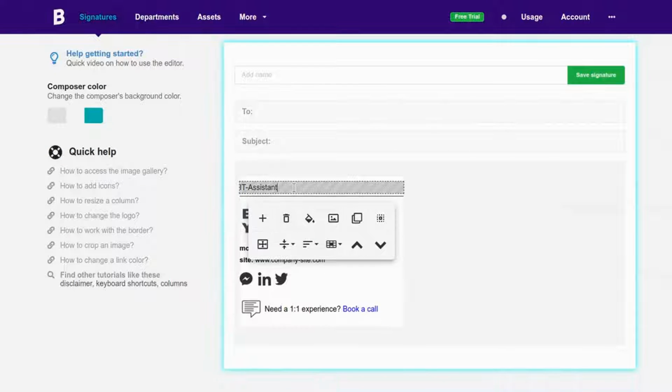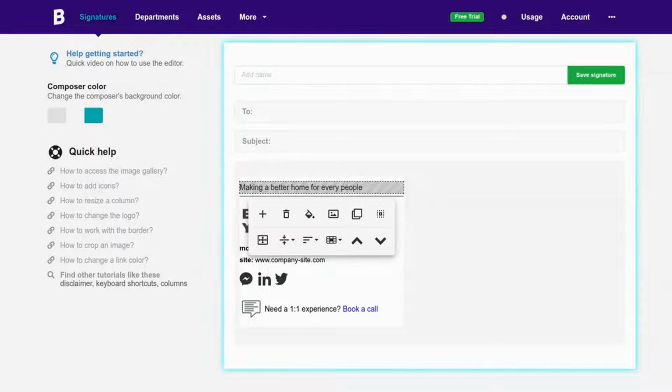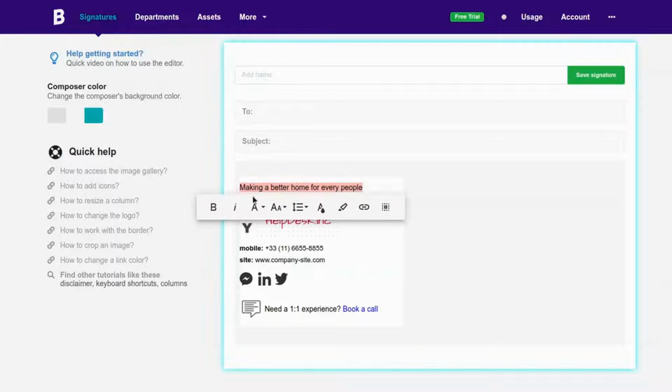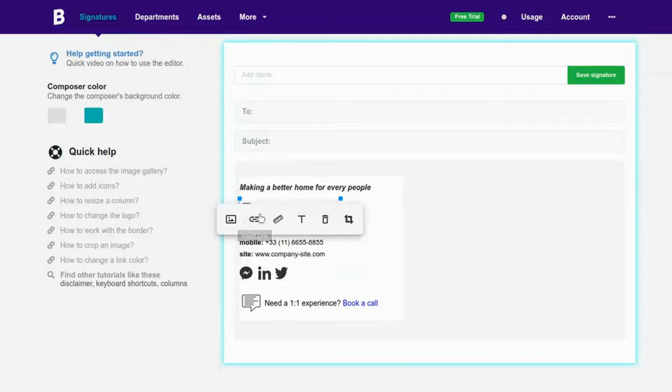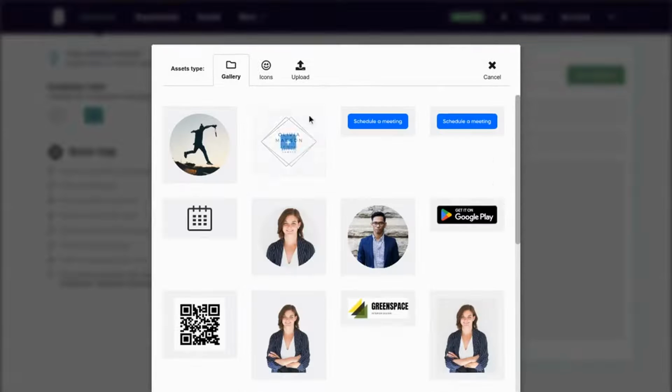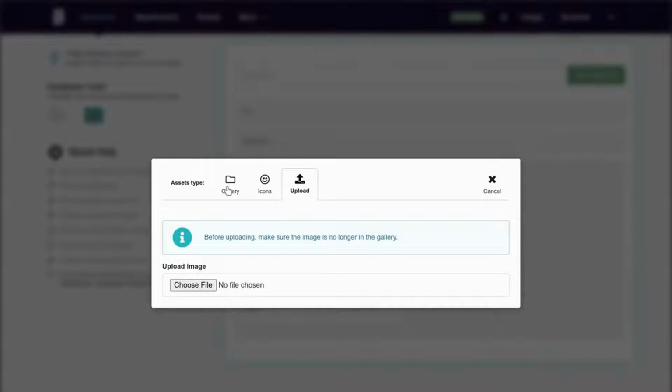The editor is super customizable so that you can add or remove content in any area. I will add the company mission and logo below for our business email signature example. Also, a store address field and a disclaimer box at the end. I have the logo from my picture gallery, but you can upload a new one in that part.